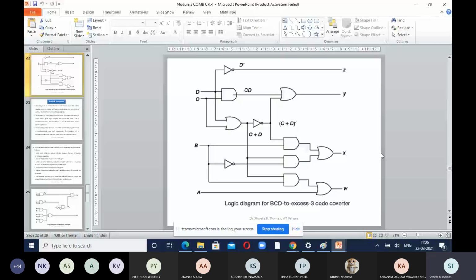The only thing is that you should know about the output. Since it is known to you what the meaning of XS3 code is, you can easily write down the output for the input value. In the same way, if another kind of problem is there, I think you will be able to design it. Now, if you're going for the analysis procedure, this is just a reverse process.